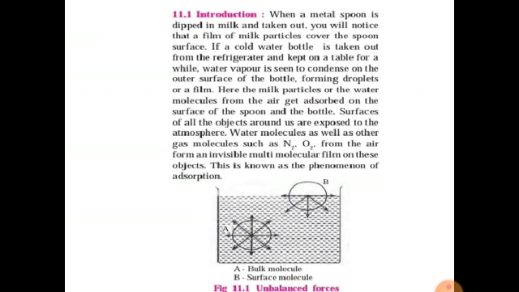Here in this diagram you can see that two particles are there. One particle, A, is inside the liquid and B is on the surface of the liquid. The behavior of both is different because one has balanced force from all sides, and the molecule on the surface has only unbalanced force, only force from downward, and there is no force from the outward direction. So this is the unbalanced force.